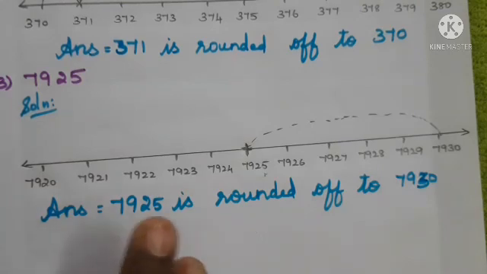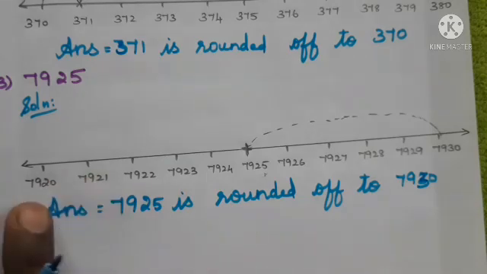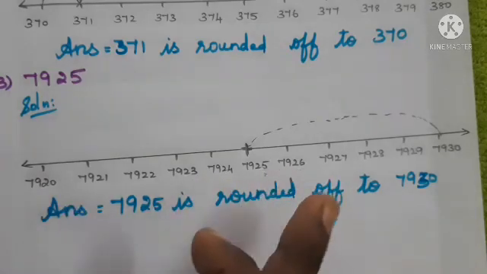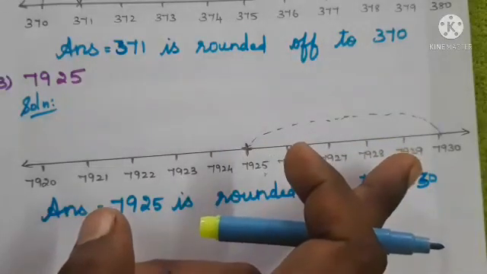So the number line is very easy. You have to see the ones place. For the nearest 10, you have to see the ones place properly. 1 2 3 4, that means less than 5, means round down, that means the before tens place. If 5 or more than 5, it means round up, so it will go to the right side value.